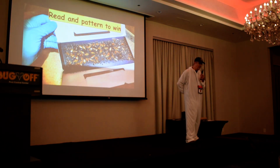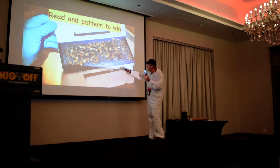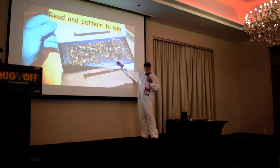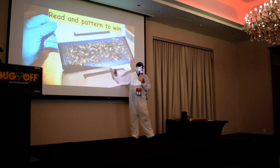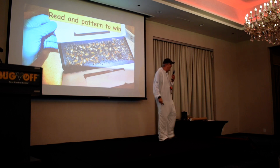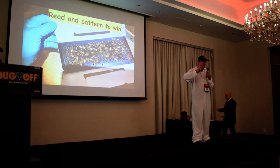This is kind of what they look like. What you need to do is figure out the patterns based on the catch in these traps. A number of years ago, the patterns were established. The easiest way to do this: the nymphs, the little guys, their range from point of capture would be roughly